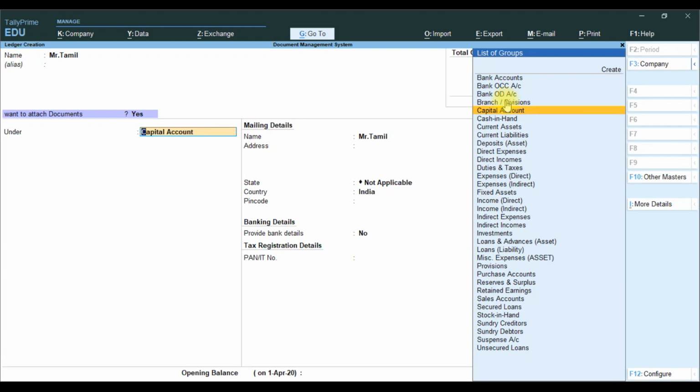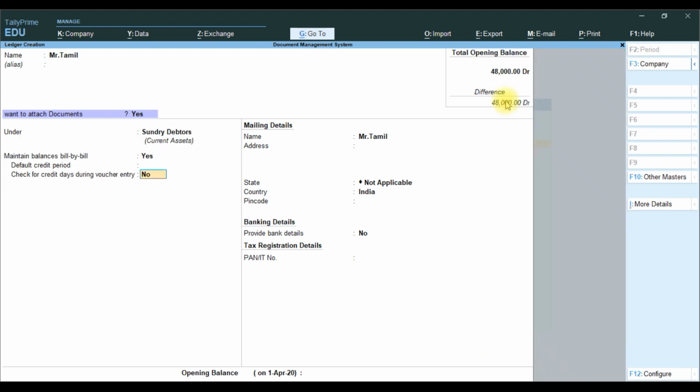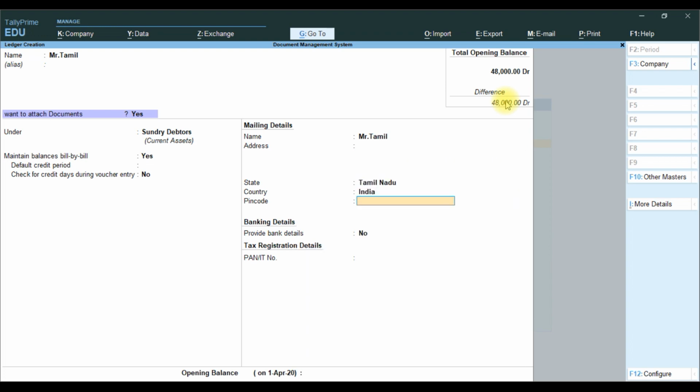We save the transaction. Then we select under the groups, and maintain bill is yes. Then for the address, we fill in the address. Then we save the information, and provide the PAN card detail you have.